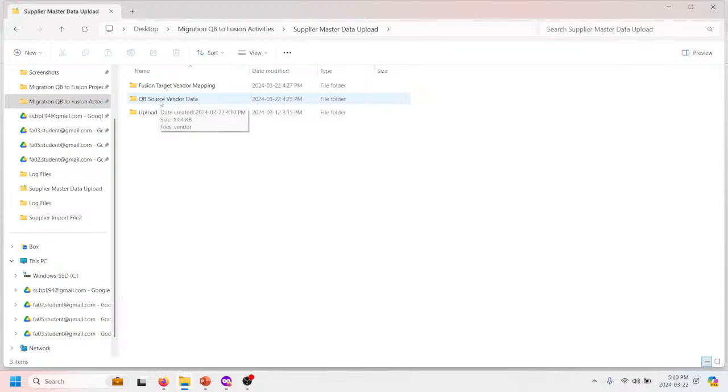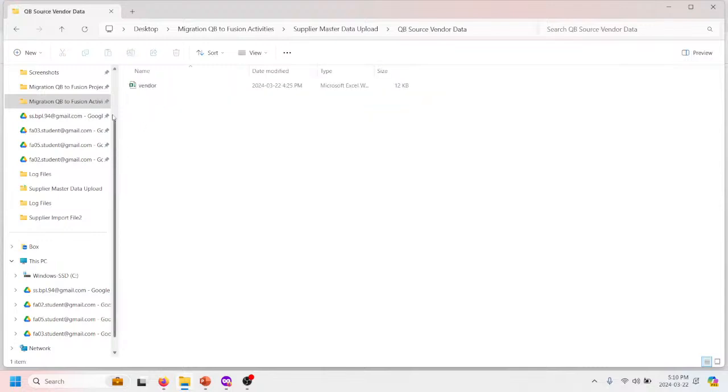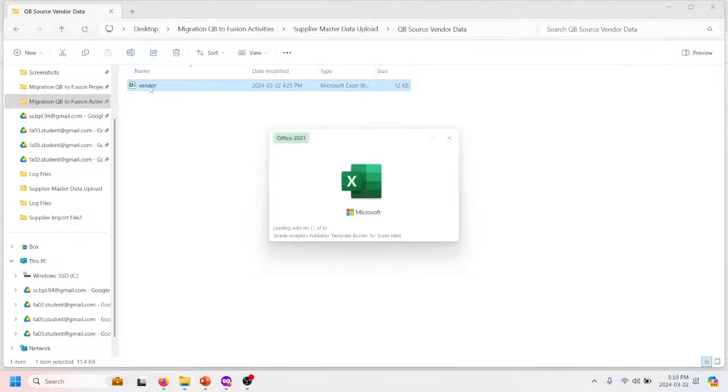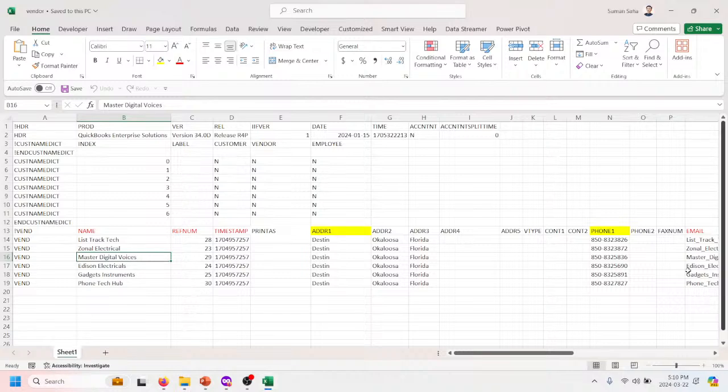If you see the QB source vendor data, this is the vendor data. So you can see this is the vendor data that has been